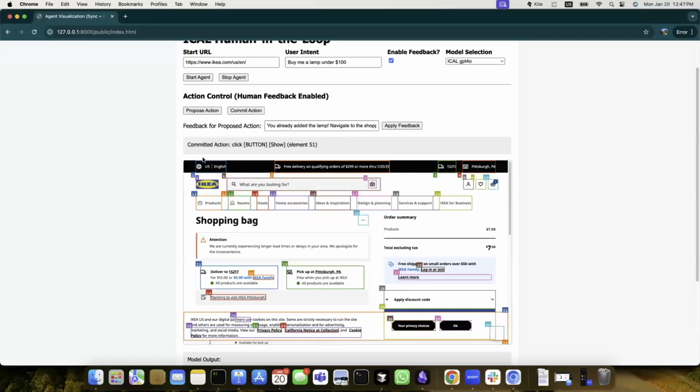Okay, now we're at the shopping bag. We can see the lamp has been added to the cart. And so everything looks good. Let's propose the next action. And it wants to continue to the checkout. Okay, so